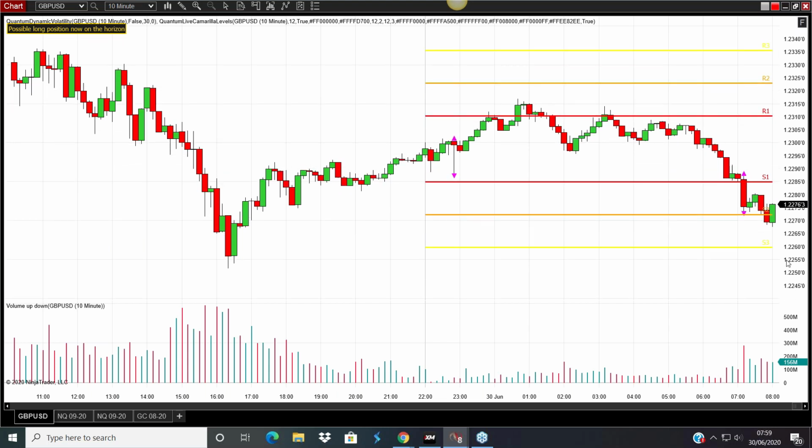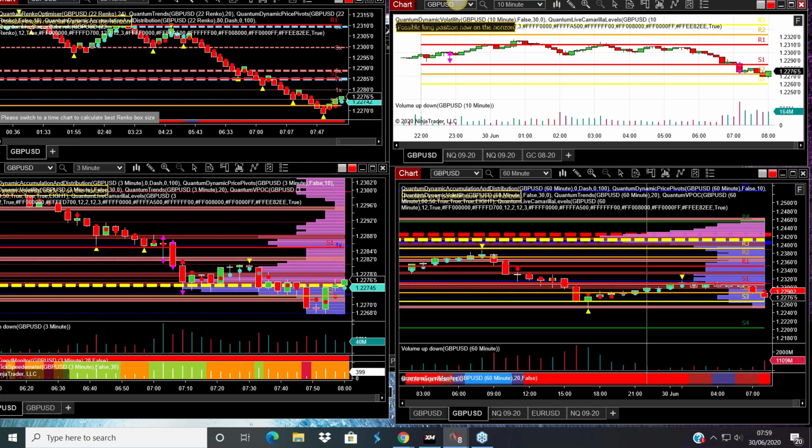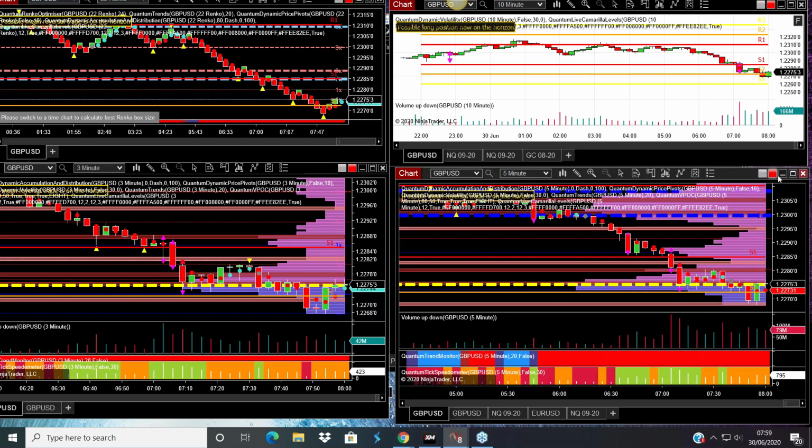So the levels, volume, price action, fundamental news, Brexit, which is political news, they're all going to combine to potentially deliver some decent moves in the British pound. And as I said, now I'm waiting for London. Let's see what happens, whether we get a reversal.